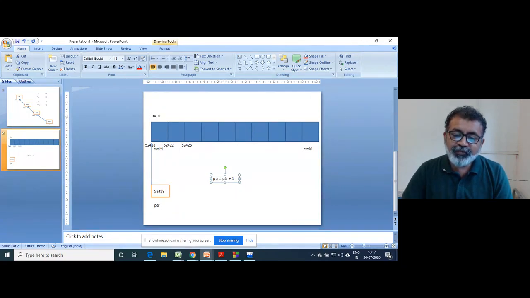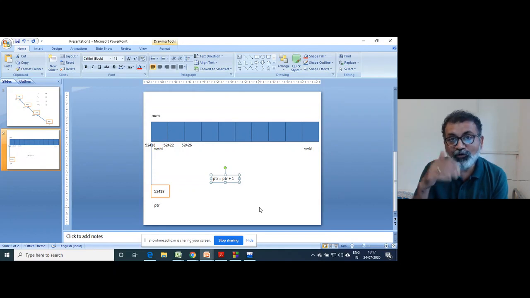PTR is 52418. So it won't make a mathematical addition. PTR will not contain 52419. No, it will increment on the basis of the type of pointer. So it is an integer pointer, so it knows that an integer takes 4 bytes.